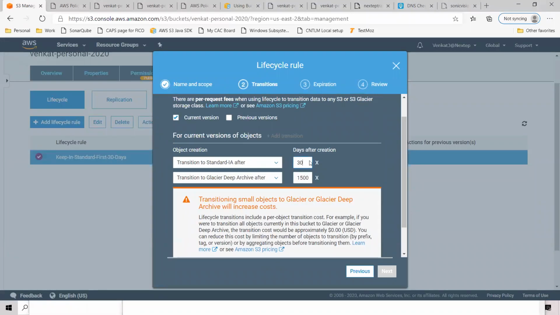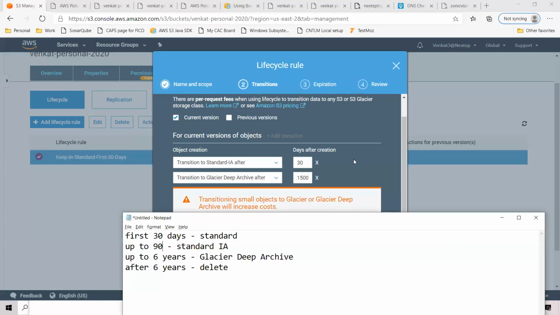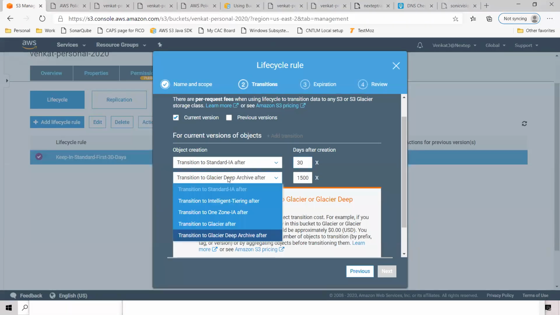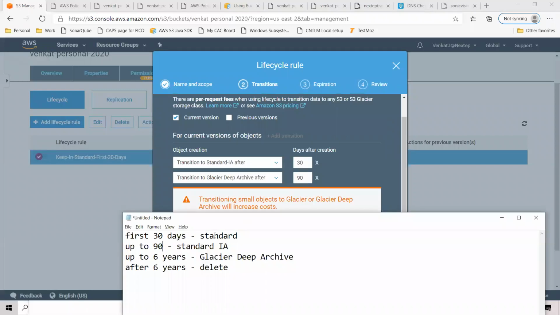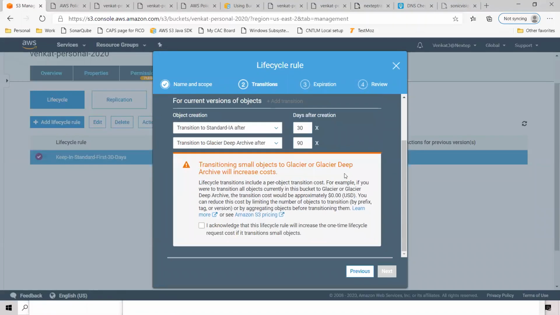After 30 days, you'll move there. And then, in between, after 90 days, you want to move it to Glacier Deep Archive. Another mistake there. See, we said after 90 days, we want to move it to Glacier Deep Archive. That's it. I acknowledge that.